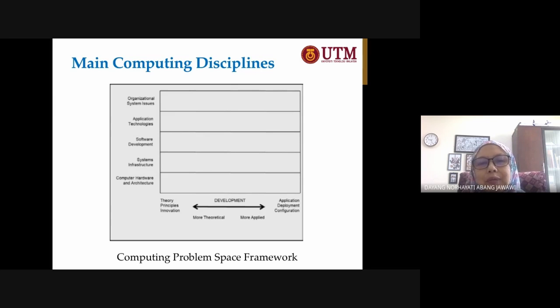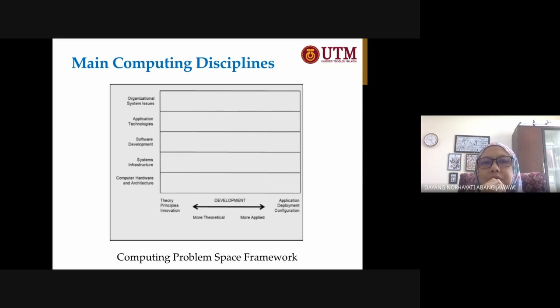When we're talking about computing, we have the theory which supports computing, like theory of computer science, the empirical theory behind it, and things like that. And then we have the development point of view, where we look at how we want to apply it, how we want to develop it, so the application part of it. So from the left-hand side to the right-hand side, from the theory part, we go towards the implementation, development and deployment part. On the X and Y axis, we're looking at the